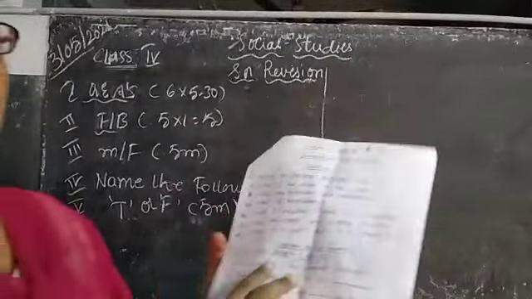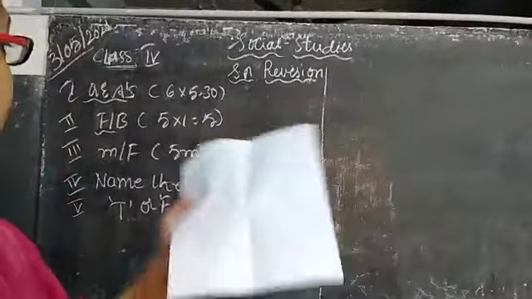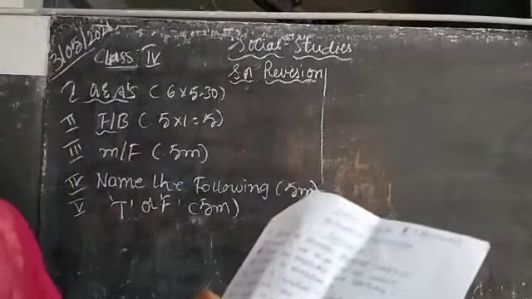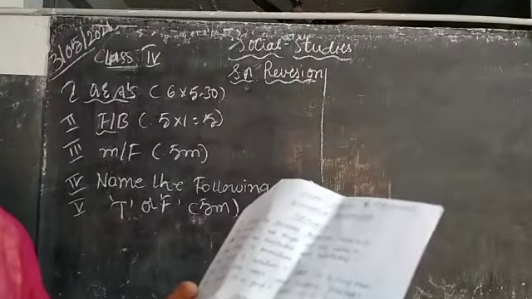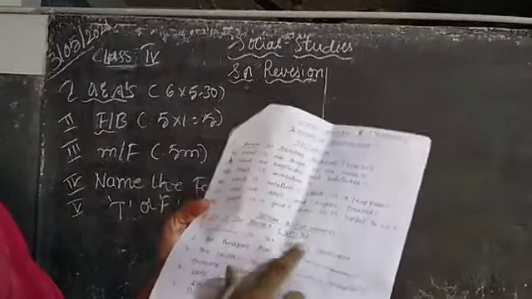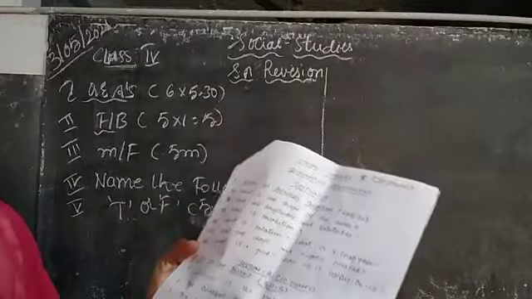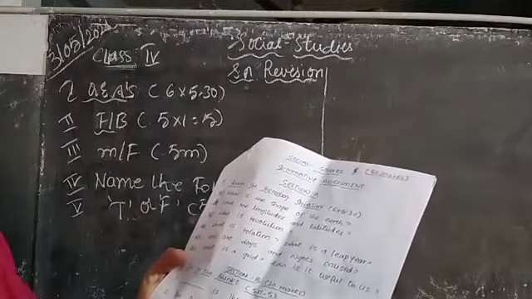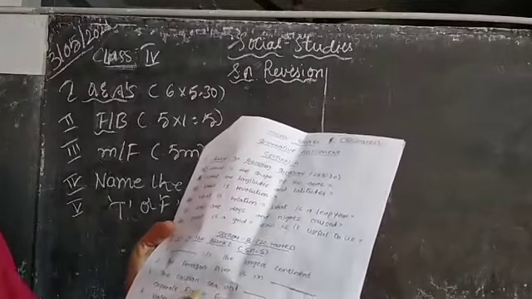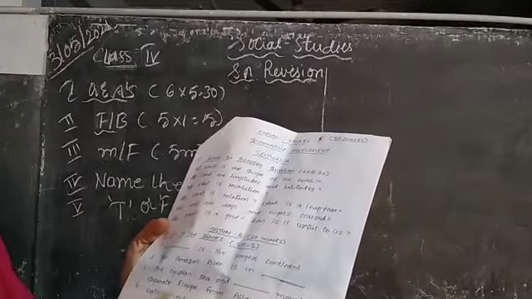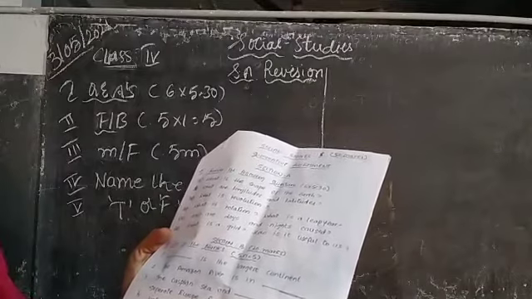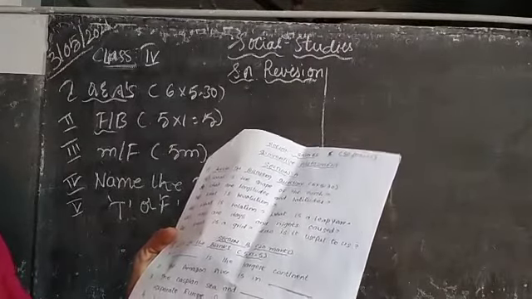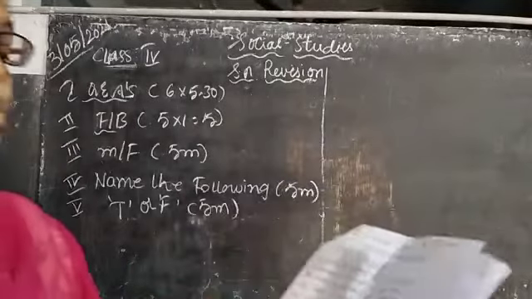Next one, coming to section B. I told you that fill in the blanks will be coming under this one. Fill in the blanks, match the following, name the following, true or false will be coming under section B. So what is the fill in the blanks? 5 ones are 5. What is the first one? Dash is the largest continent. Second one, the Amazon river is in dash. Third one, the Caspian Sea and the dash mountain separate Europe from Asia. Water covers dash % of the earth's surface. The dash is also called the Southern Ocean.